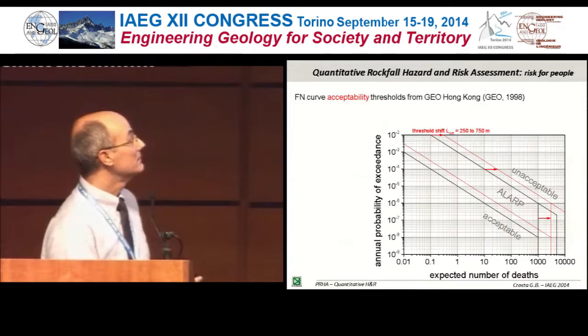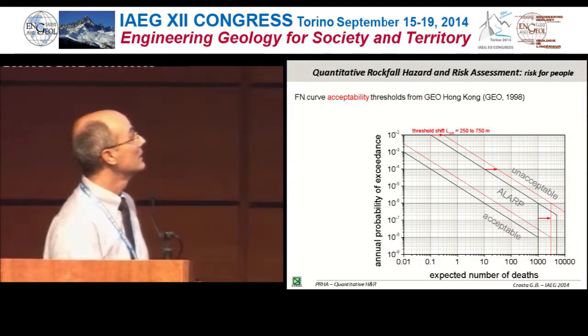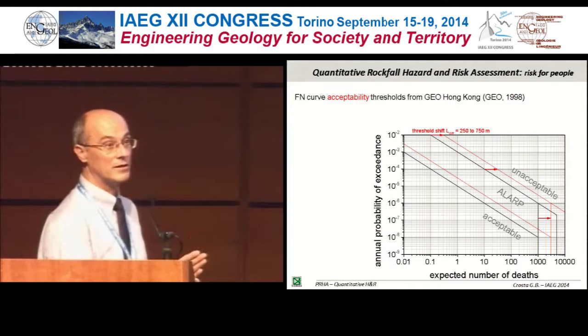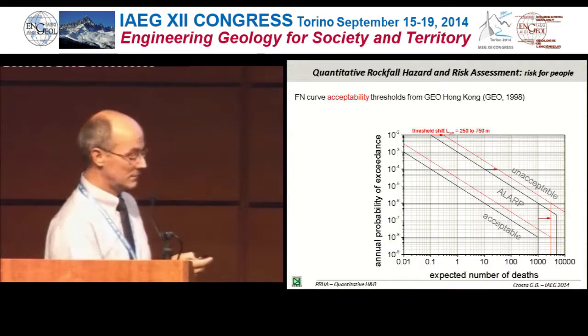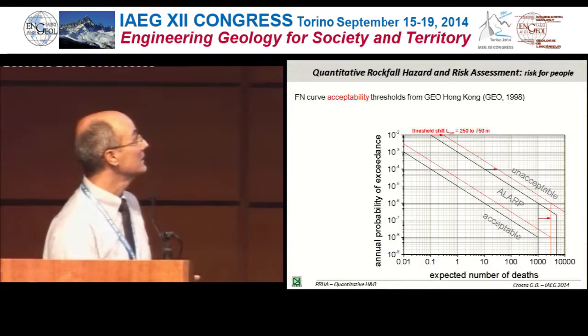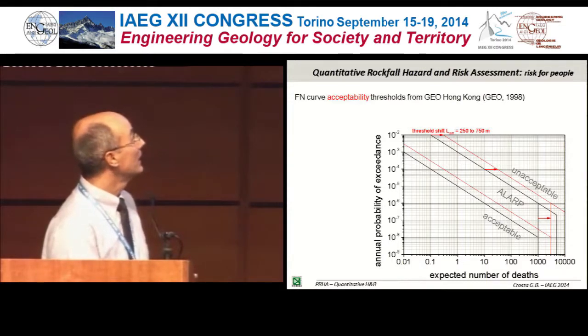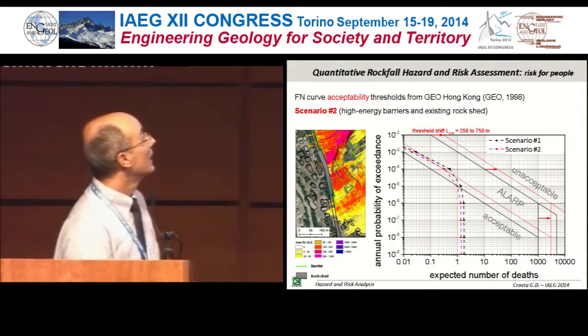And there are not so many standards available, and we can compare that, for example, with the GEO Hong Kong standard diagram, considering that the standard diagram has been designed for a specific length of the rocky cliff, so it should be adapted a little bit to the real condition that we are examining. In this case, we are shifting the curve a little bit to the right, and then we can plot again our